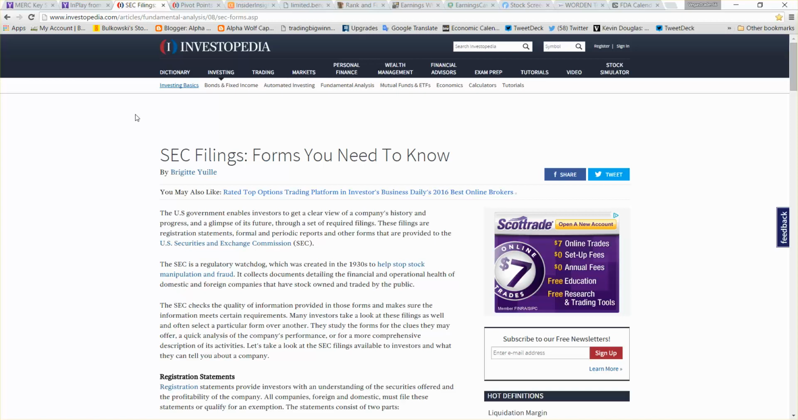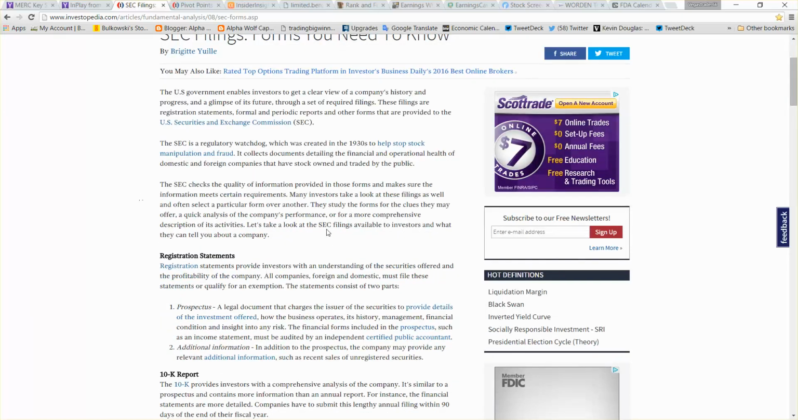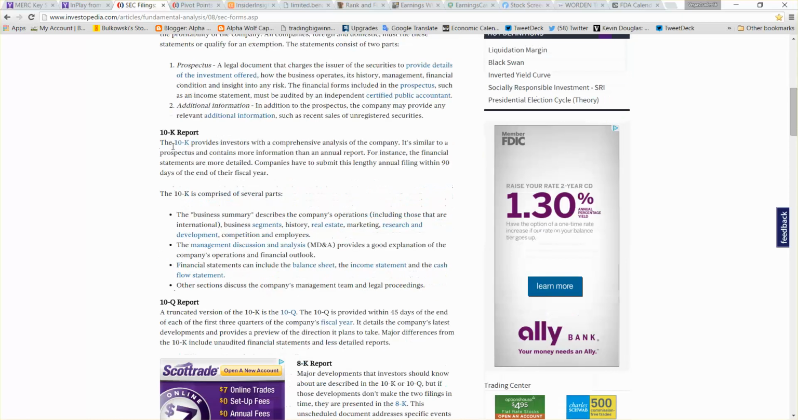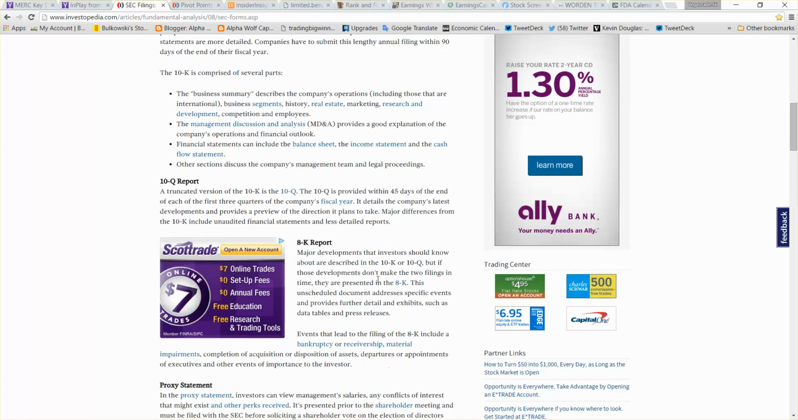So one of the things that I get asked about frequently, especially from the swing trading and investment side, is, where do I look to see how a company's doing? What do I need to look at to look at their financials? And that's all SEC filings. You want to familiarize yourself with a 10K or a 10Q, an 8K. If you see an 8K that is put out on a company, typically an 8K is a major development that investors should know about. Okay, they give a bunch of examples here which are fairly negative: bankruptcy, receivership, material impairments,